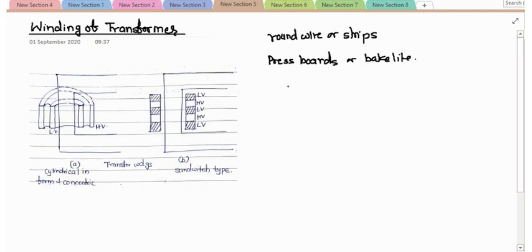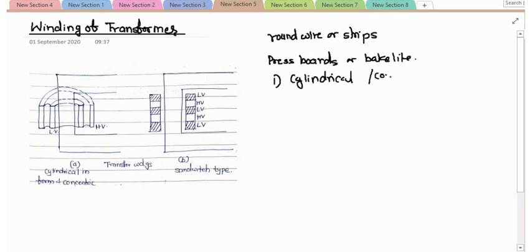So the more the leakage flux, the poorer is the performance of the transformer. Therefore, to reduce the leakage flux, the primary and secondary windings are placed together on the same limb in actual practice. So these windings of the transformer can be cylindrical windings